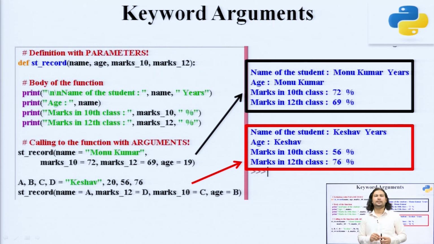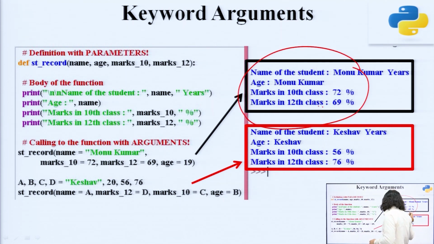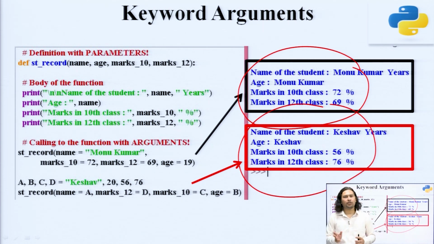That means this is the very important feature of the keyword argument, where the values are totally linked to their respective keys, because the keys are the unique features, not the values. Due to this, you can see that the data is displayed correctly. So, there is less chance of errors while making the connection between the data. So, this is the role of the